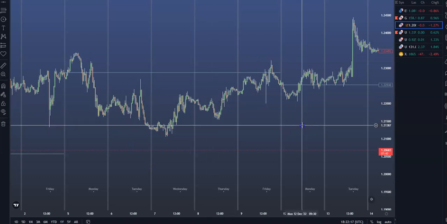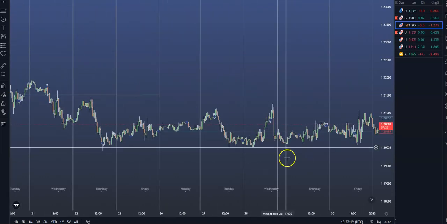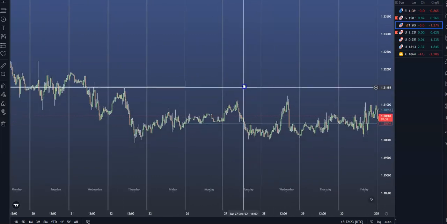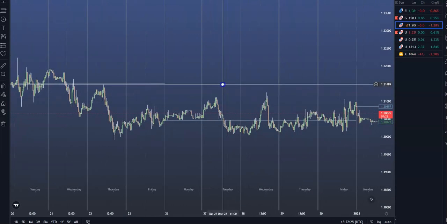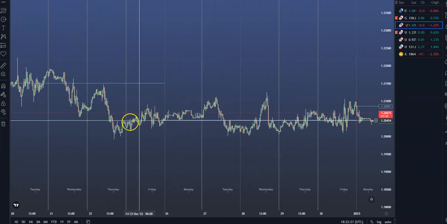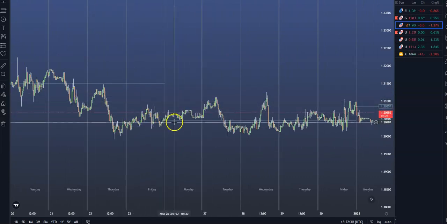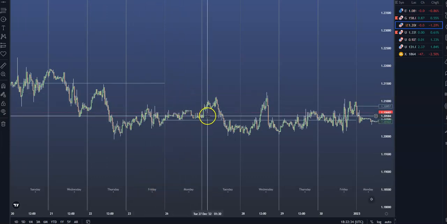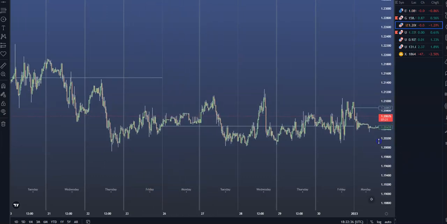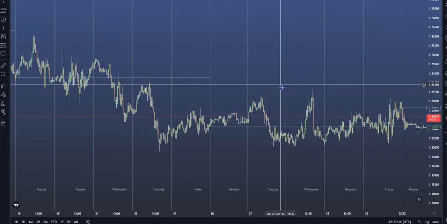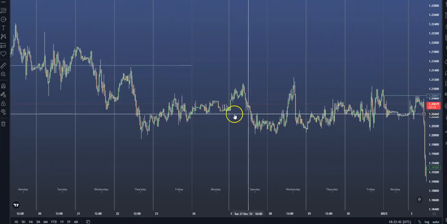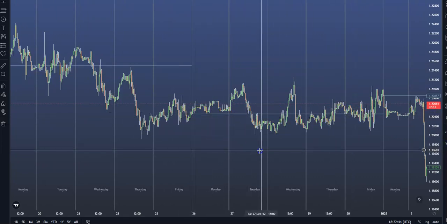So what I'm going to do is move over here, and we're going to talk about just a random example. As we can see here, this is Monday. We can see volume is pretty low here. It was the day after Christmas. So we'll go to a different example in a moment, but I just want to get started here in the charts and start showing you different examples. As you can see, Monday opens up, and here is the opening price that is drawn across for the week.